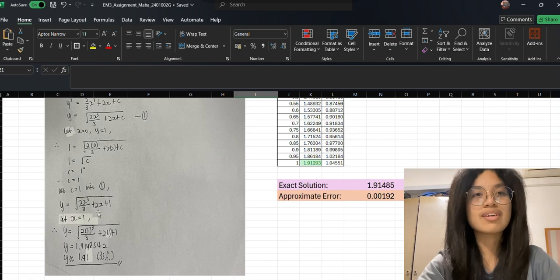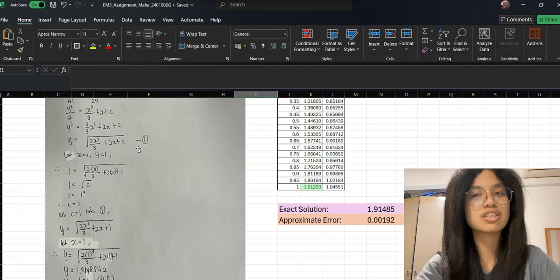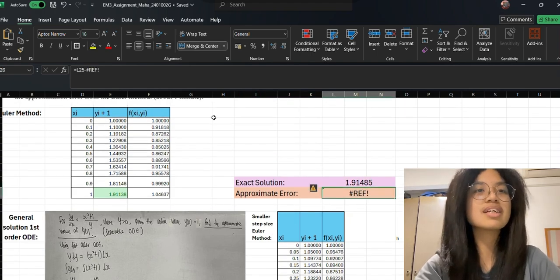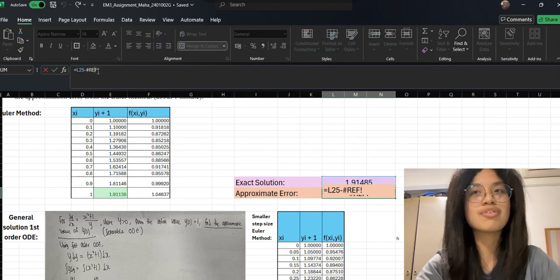Lastly, to find the exact value of y when x equals 1, substitute c with 1 and x with 1 in equation 1 above. Finally, the exact solution of y when x equals 1 is 1.91485. Comparing the exact value to the one obtained in Excel, I'll find the approximate error by subtracting the value found in Euler's method from the exact solution,